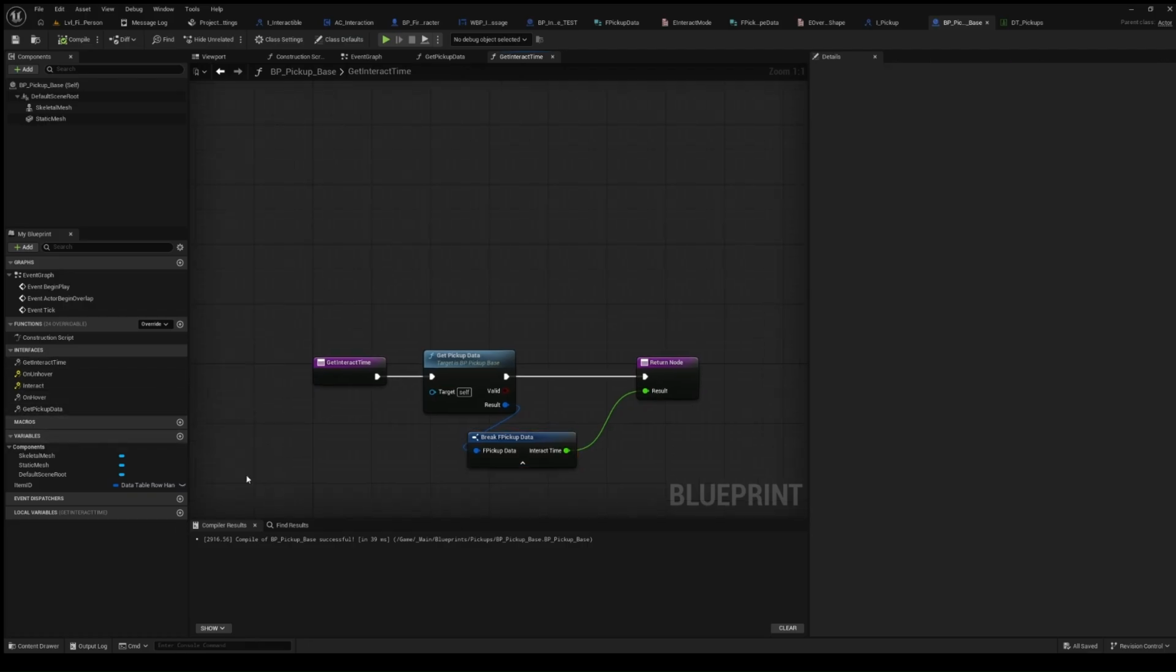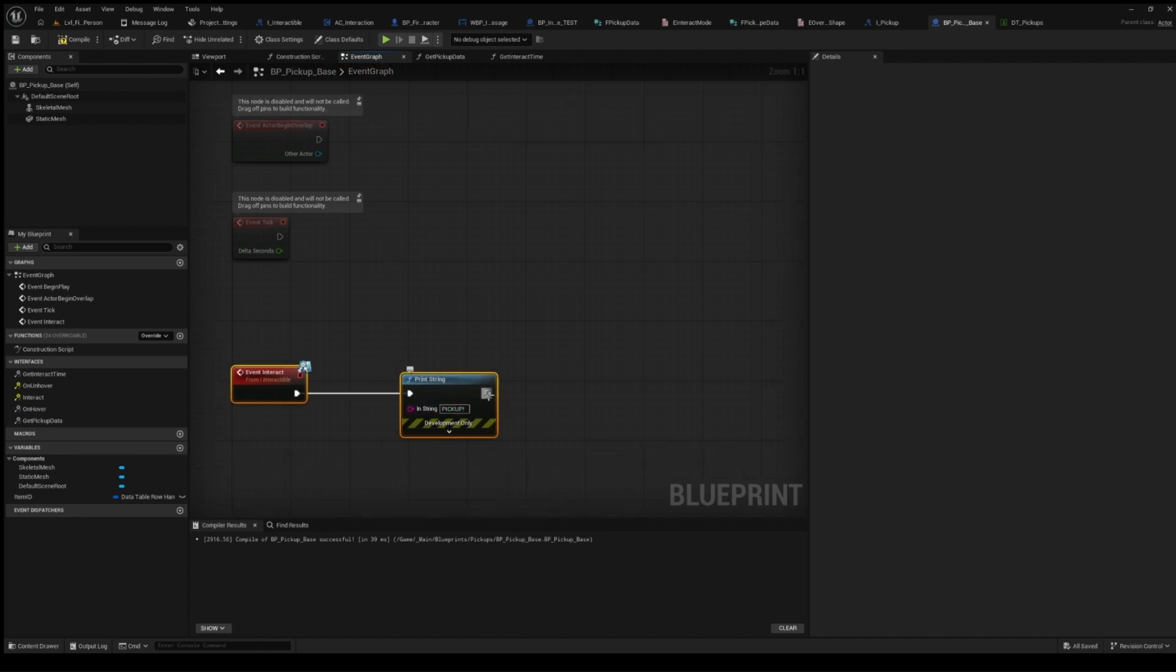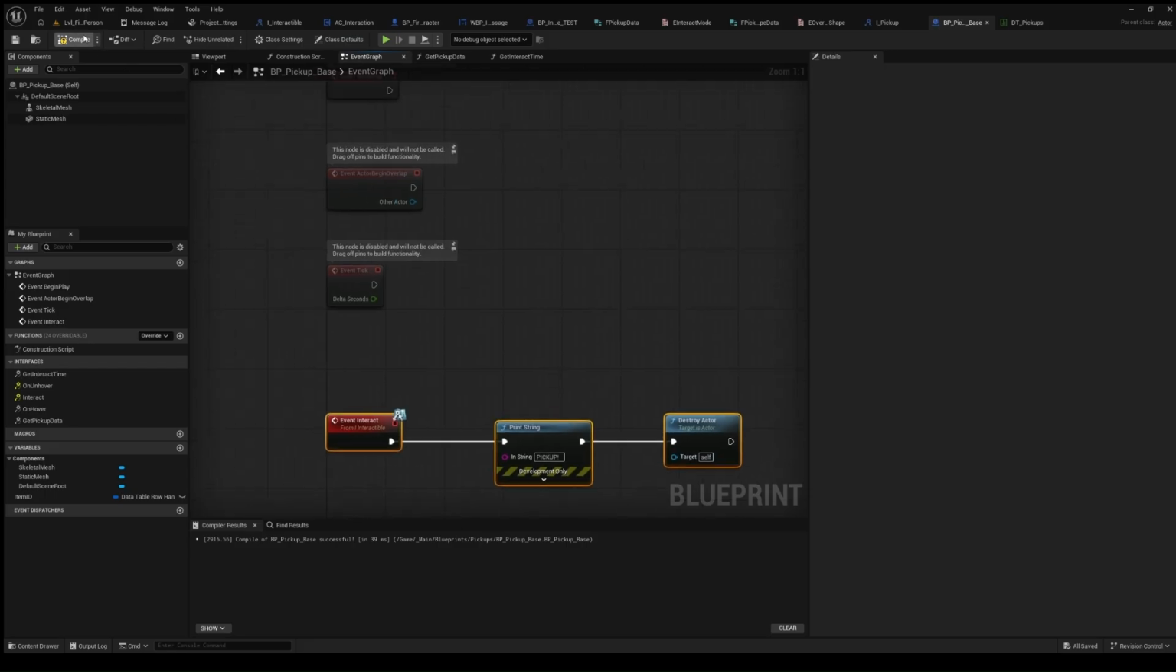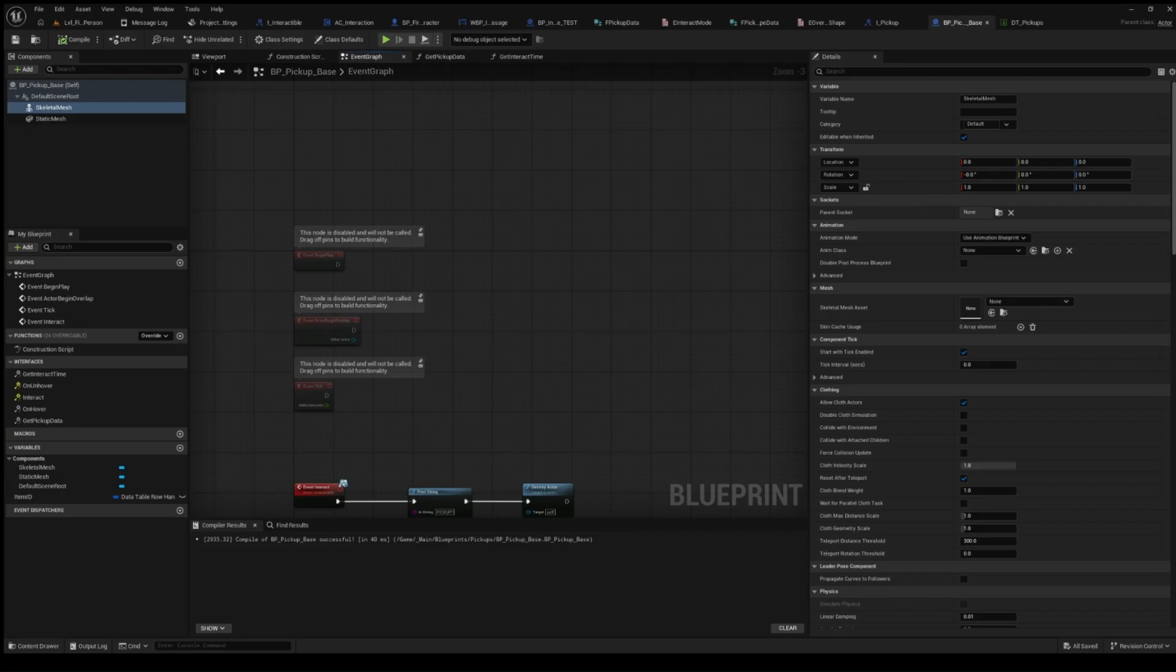I don't think these matter for now, but for the interact one, I'll just do a print string statement here, and I'll just say pick up, and I'll destroy the item. That is it. And okay, now if you remember that we added a new trace channel, so we have to